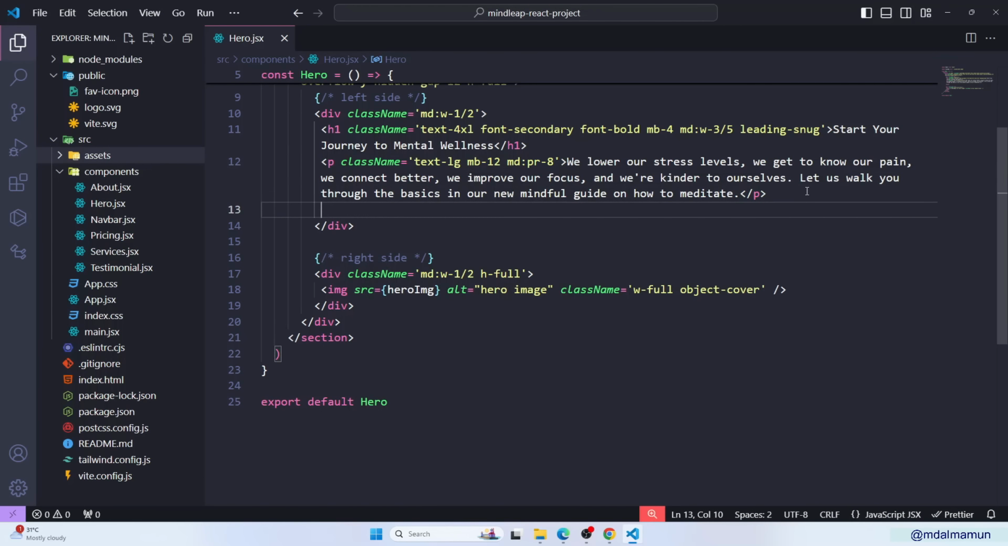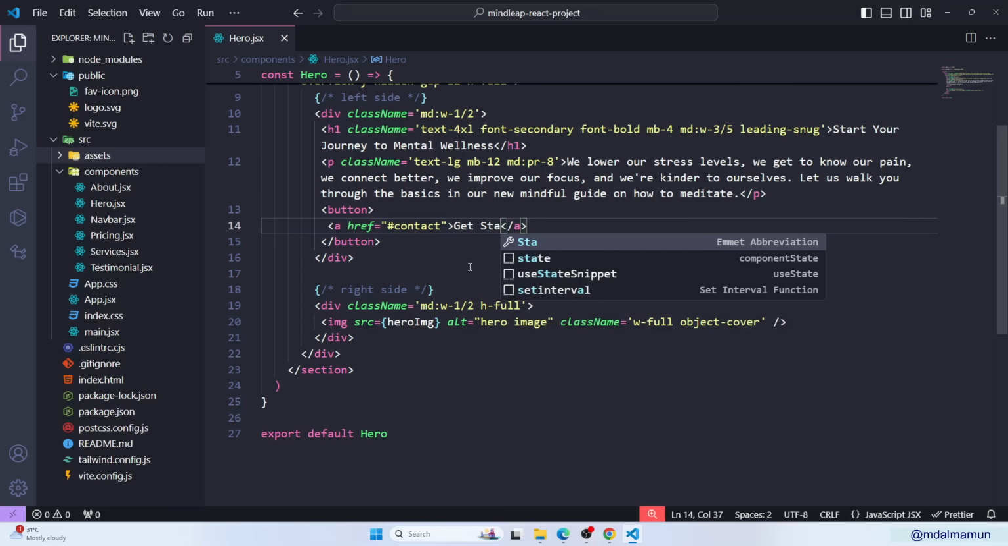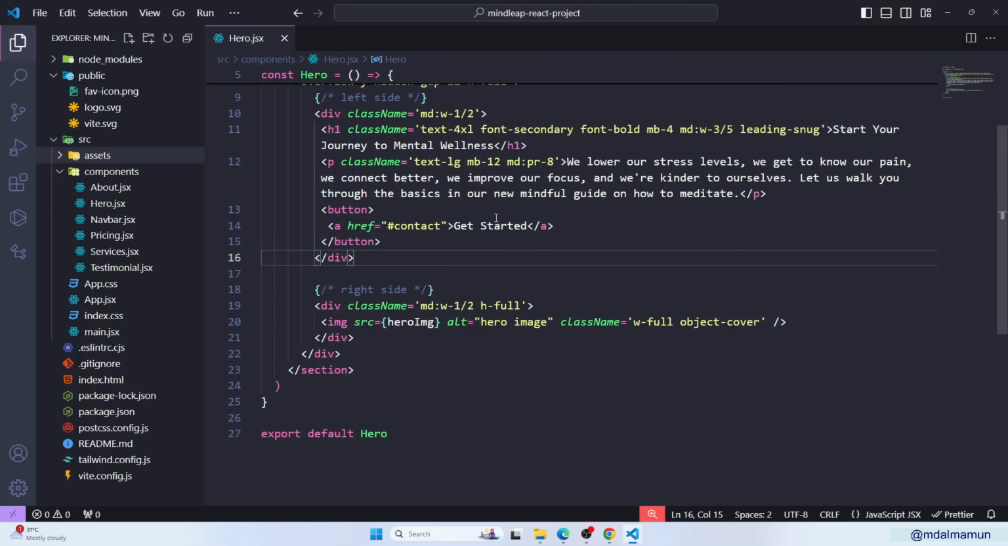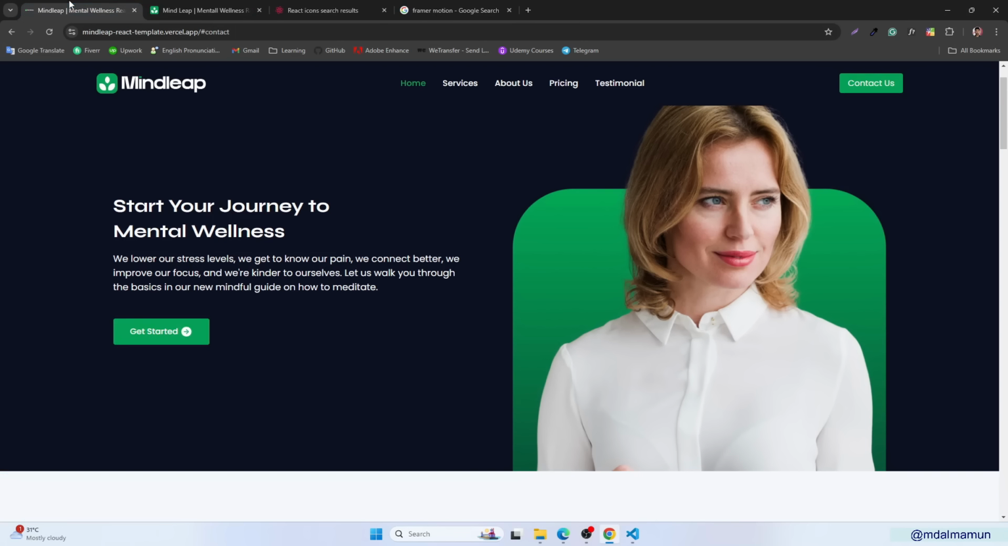After this, we need a button, so let's define a button. After this p tag, we'll have a button, and in this button we'll simply write get started. But inside this button, let me define an anchor tag, and that will link to the contact section. And here that would be the get started button. So this is the button. Let me check. This button will have an anchor tag,